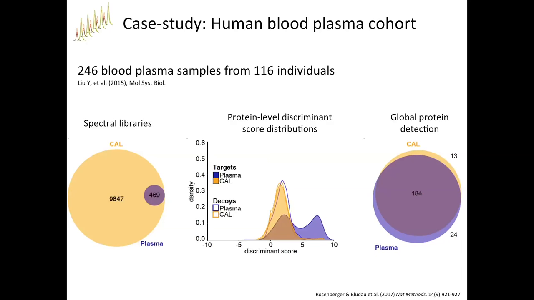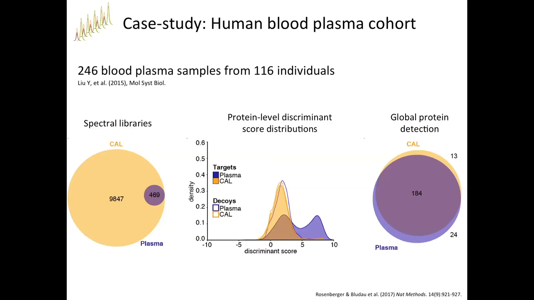And what you can see is, as you would expect for human plasma, you only see a very, very small set of the proteins that are represented in the combined human assay library. So your target distribution here is almost completely overlapping with the decoys, and you have very few true positive targets. And for the plasma library, you can see that you have a much better recovery of the proteins